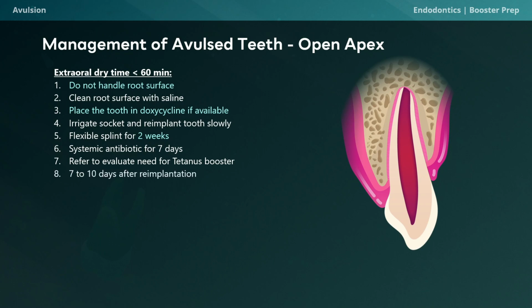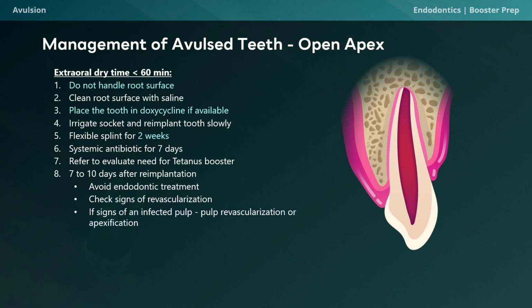Last thing to note is that within 7 to 10 days post reimplantation, endodontic treatment should be avoided. That's way too early to be doing any definitive treatment. But you certainly want to monitor for signs of revascularization. If signs of an infected pulp emerge, beginning the process of apexification is necessary because remember guys, these are teeth with open apices. So if vitality is lost, our treatment goal becomes to create that apical barrier with MTA or calcium hydroxide so that we can have something hard to obturate against when we do get to the root canal